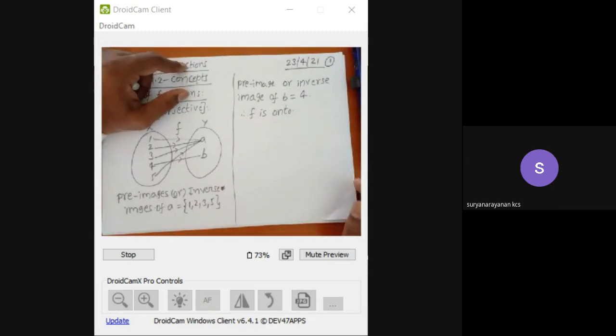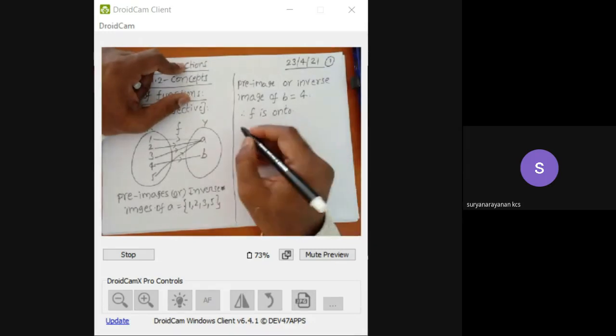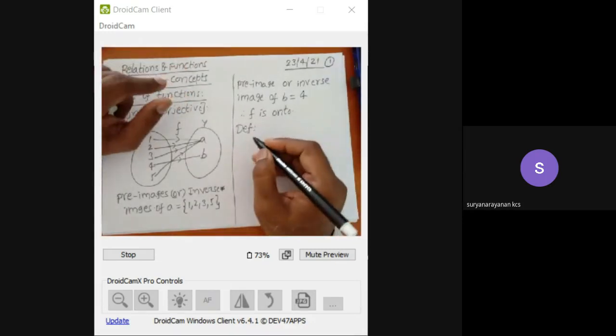Now I will write the definition of onto function. A function f